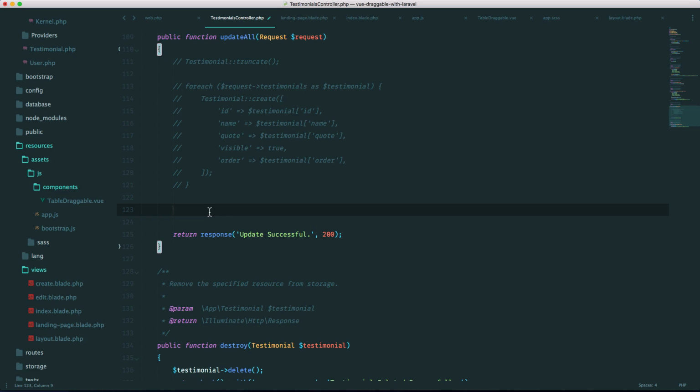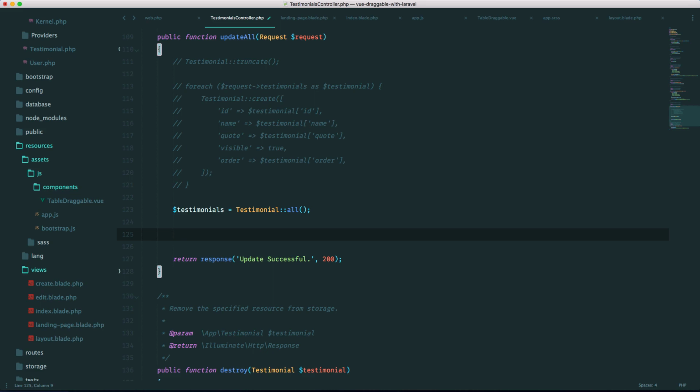So for this approach, since we're not truncating the database, we need to grab all the testimonials from the backend. So let's go ahead and do that. Testimonials equals testimonial all. And now we're going to have to iterate through each one of these, search the front end array that's coming in, and if the IDs match, then we update it. So there's going to be a loop within a loop here. We're doing it iteratively. It's probably a better way to do it using collections, but this is my solution for now. So for each testimonials